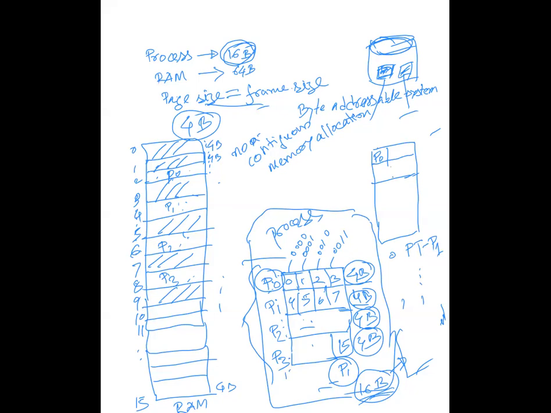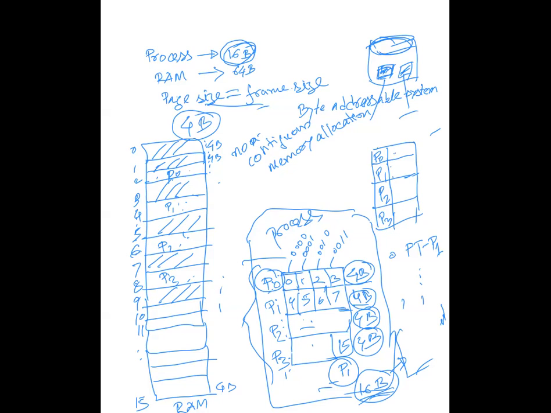Now let's see what the entry will be here. Here is process page number P2 and here is P3. Total 4 entries in this process table, and P0 actually contains the base address, the location of the